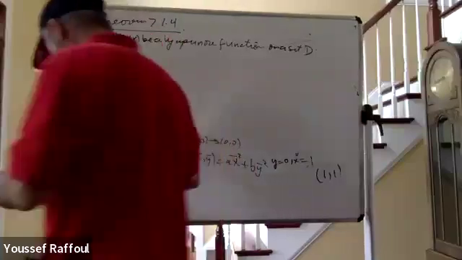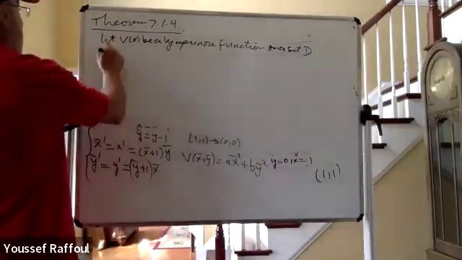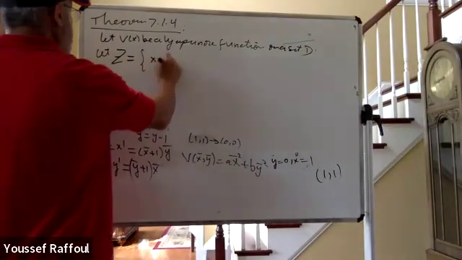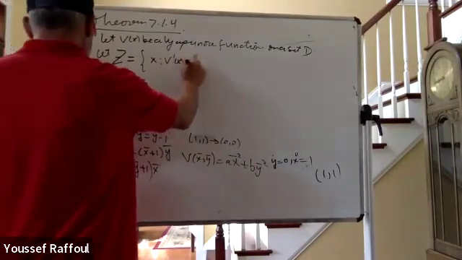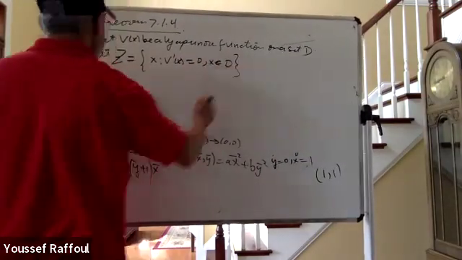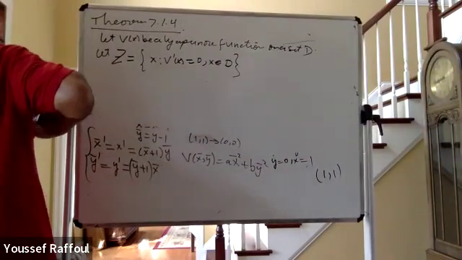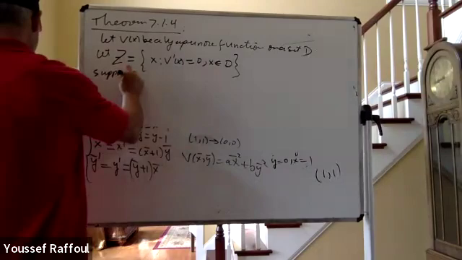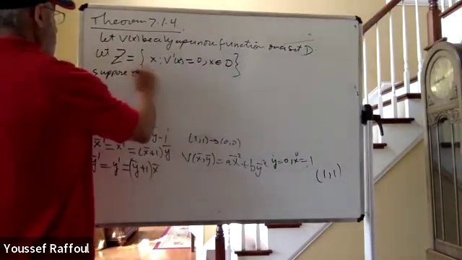Let Z be all x such that V prime of x equals 0 when x belongs to D. Suppose that the only bounded solution